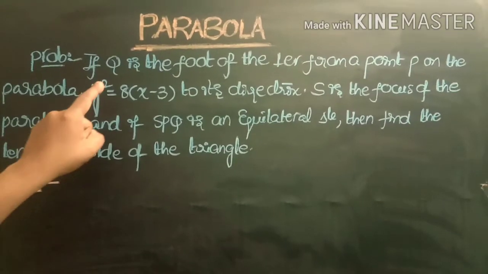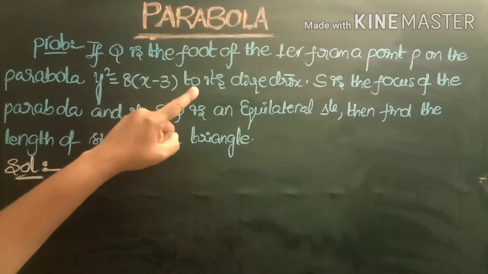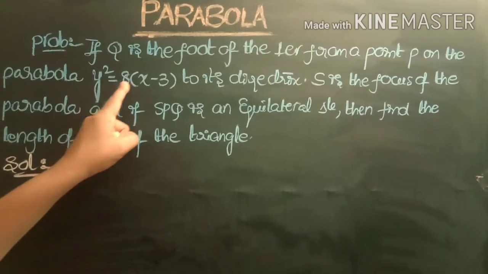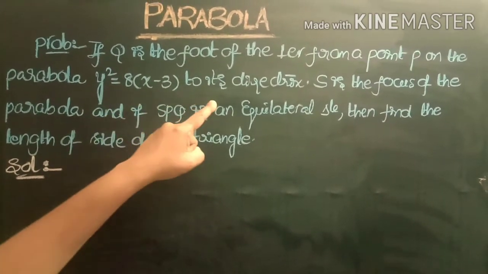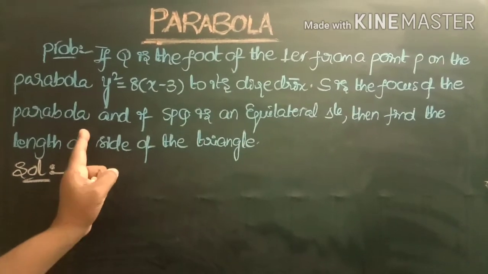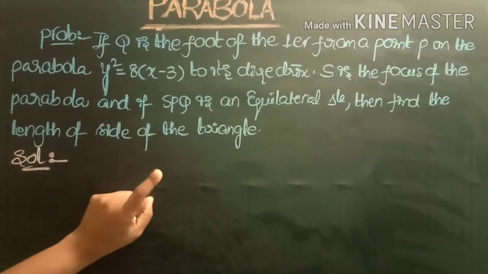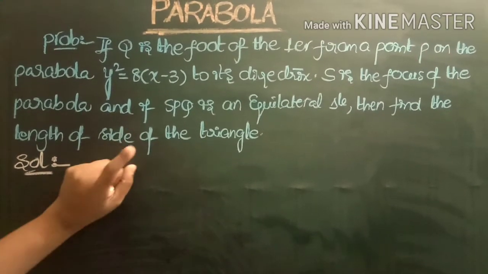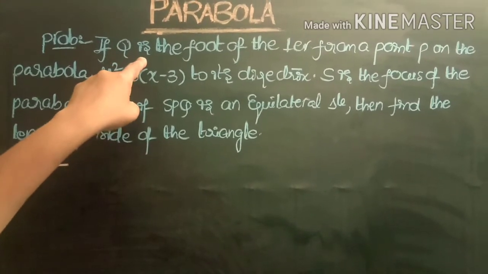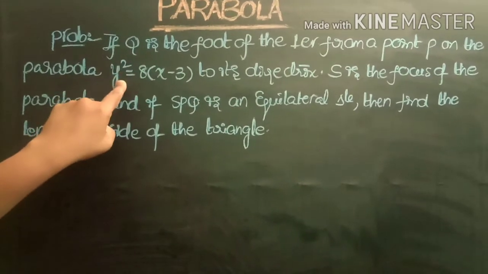First problem. If Q is the foot of the perpendicular from a point P on the parabola y squared equals 8 into x minus 3 to its directrix, S is the focus of the parabola, and if SPQ is an equilateral triangle, then find the length of the side of the triangle. So given that Q is the foot of the perpendicular drawn from a point on the